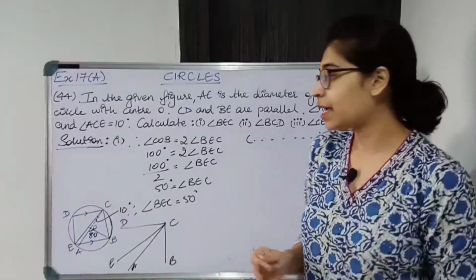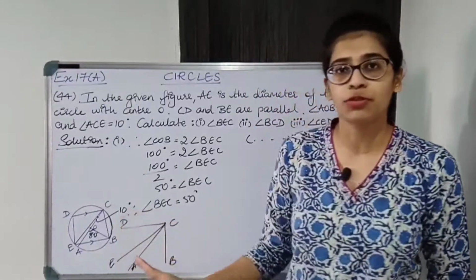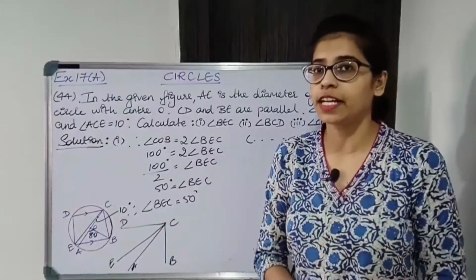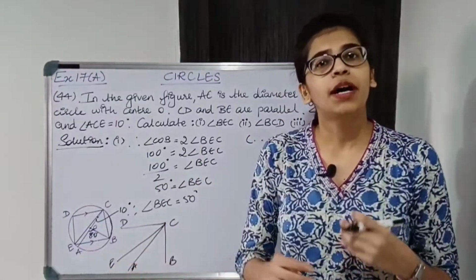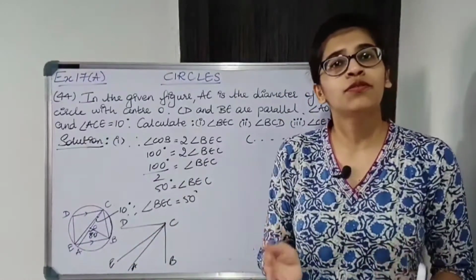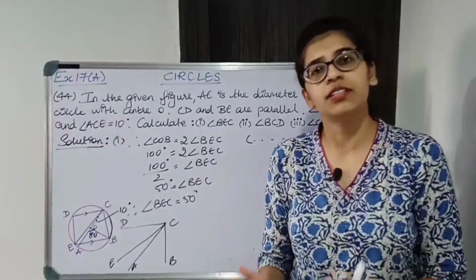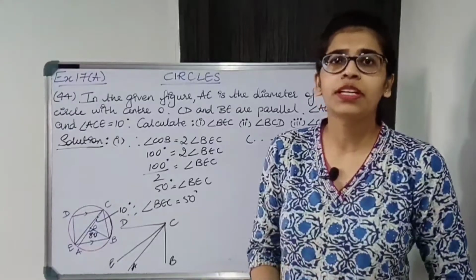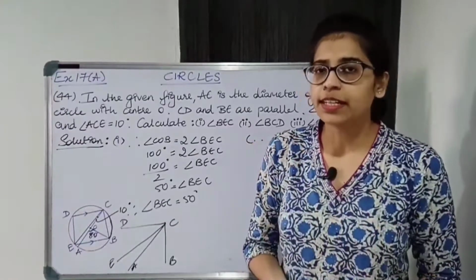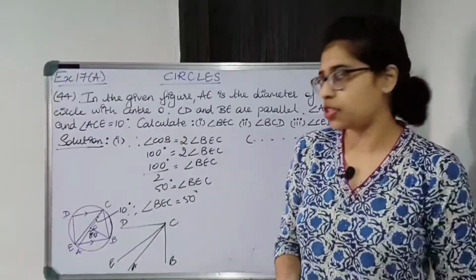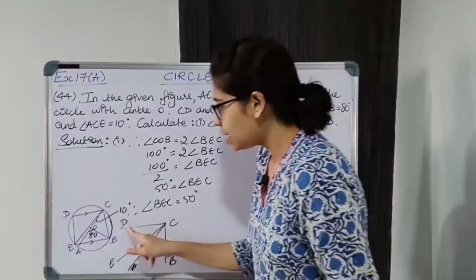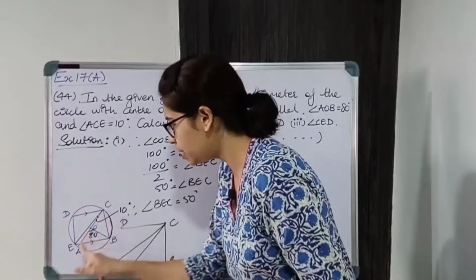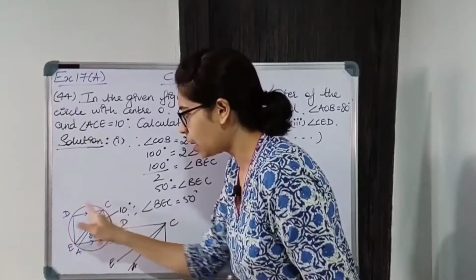Because students, I cannot use any other property over here. Okay, there are multiple methods by which you can solve and you can find the angle BCD, but I'll be using a different method. So if you know any other method, then it's alright, you can proceed with that. As long as you are using correct property and you are solving correctly, it does not matter which method you are using. So BCD ये find करना है. So I'm going to find BCA, ACE and ECD.